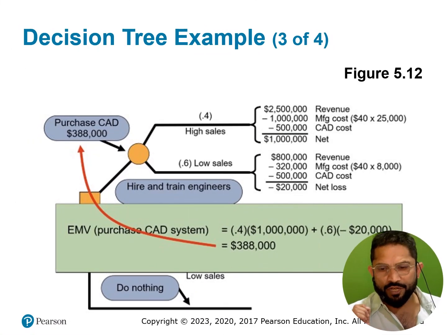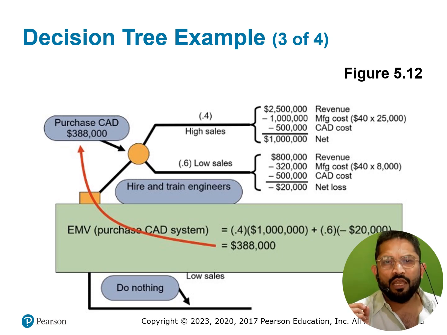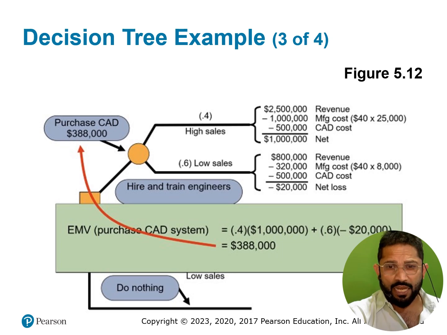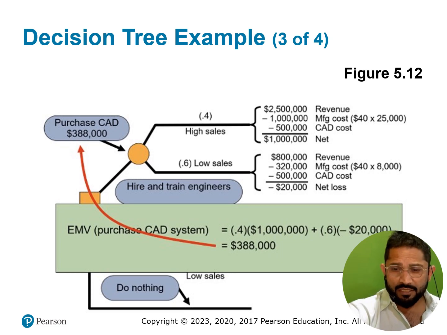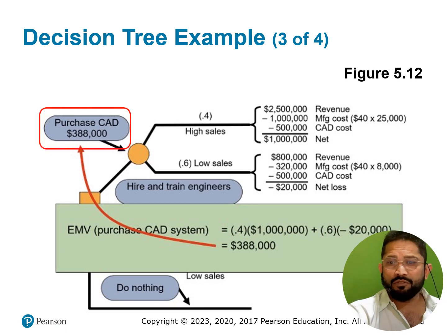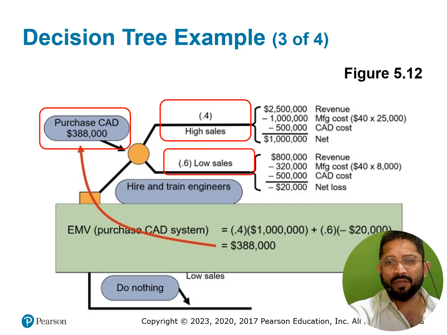This is a decision tree analysis for a business decision involving the purchase of a CAD, computer-aided design system. Here's the breakdown of the analysis. Decision to purchase CAD system or do nothing. The business has two choices, either to purchase a CAD system for $388,000 or to do nothing. The probable outcomes are, if the business decides to purchase the CAD system, there are two potential outcomes. High sales with a probability of 0.4, that is 40% chance, or low sales with a probability of 0.6, that